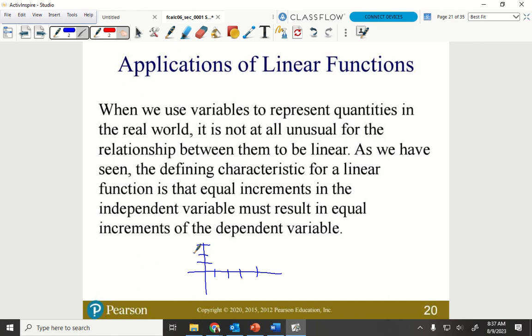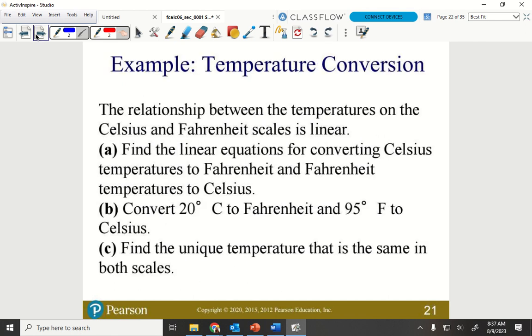We're going to get into some of this later on, like in Unit 3, where these are going to be unequal parts. But all the linear stuff that we're doing here is going to be equal parts. Okay, the relationship between temperature on the Celsius and Fahrenheit scale is linear. Find the linear equation for converting Celsius temperature to Fahrenheit and Fahrenheit temperatures to Celsius. So convert this